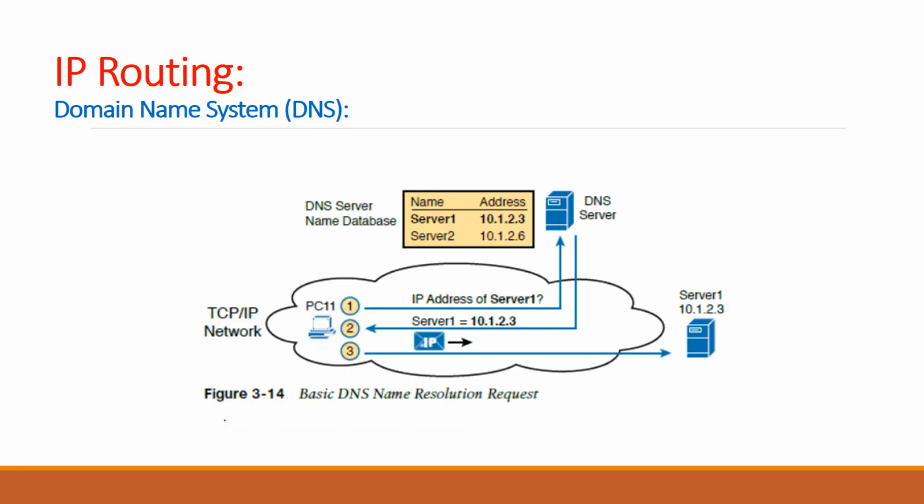Let's give an example. PC11 wants to communicate with server 1. When you open the browser, by the way, server 1 is a web server for this example, PC11 will type in the browser www, for example, google.com. The first thing that will happen is PC11 will send to the DNS configured in its TCP/IP configuration, because in PC11 or any host, the TCP/IP configuration includes: